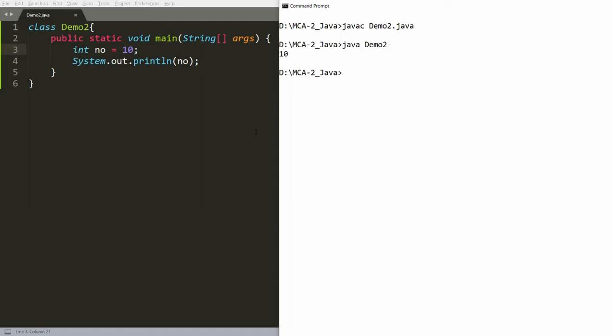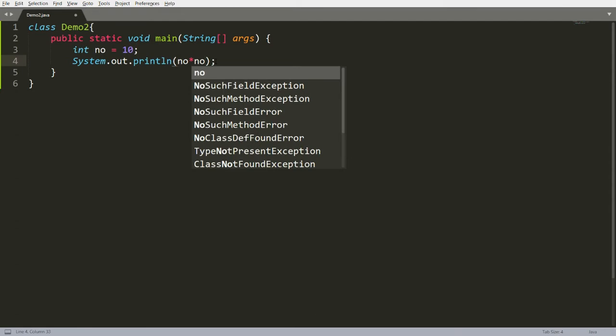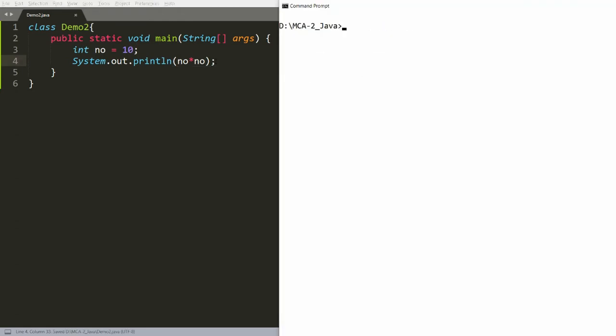But sometimes people say, sir, I want the square of this number. Can I? Yes, you can. You can simply write number multiplied by number and you will get the square of this number. You just need to save your program, compile it again and then run it. You will get the square of the given number. But sometimes people say, sir, I want to display that this is the square, so I want to concatenate the value.